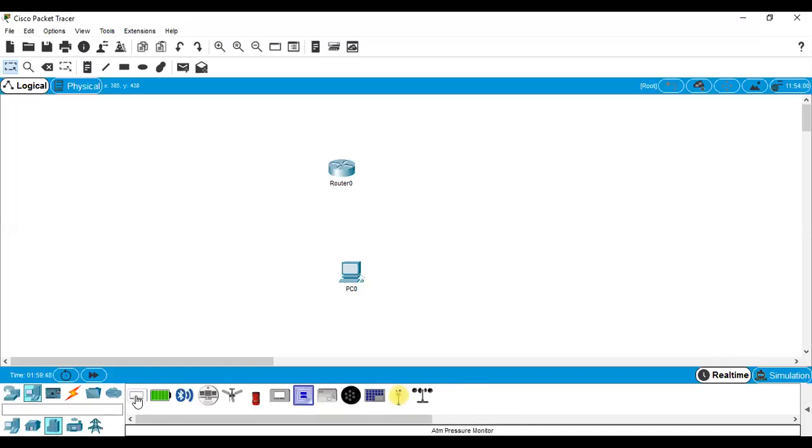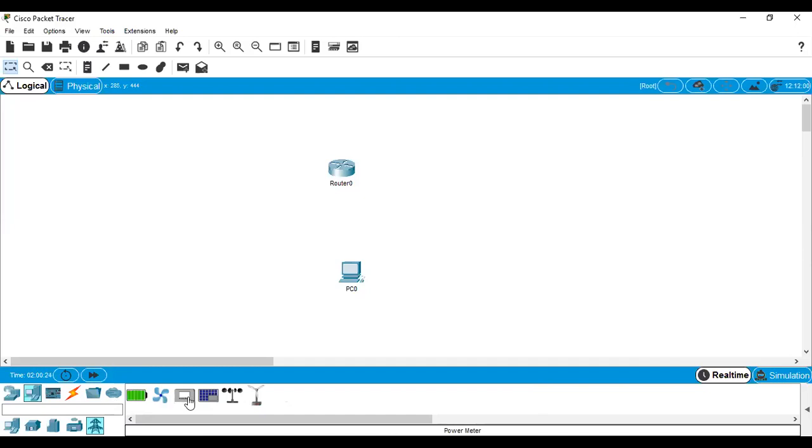If you click on smart city, these are the components or devices you need to construct a smart industry. Here you will get an ATM pressure monitor, battery, Bluetooth icon, carbon monoxide, fan, RFID tag, RFID reader, power meter, and also a wind detector. Here a street lamp is also there. You can simulate some smart street light systems, and it is also possible here. If you go for the next one, industrial, these are all the components available. Then power grid operation. If you click on this icon, the power grid options are available here.